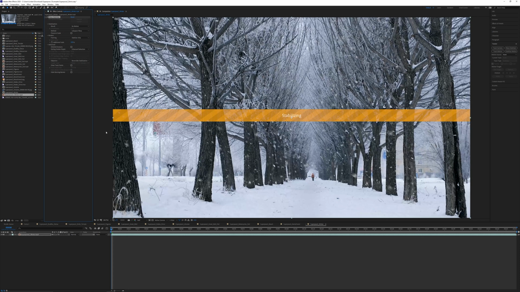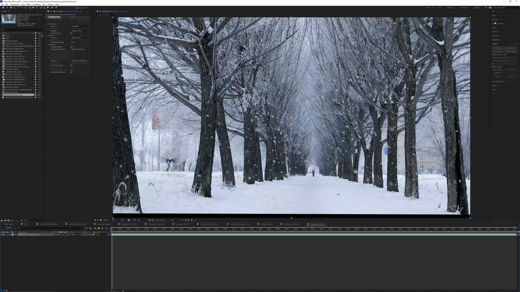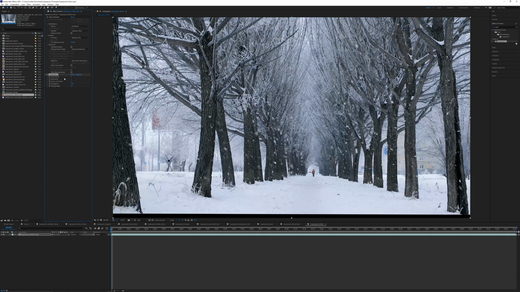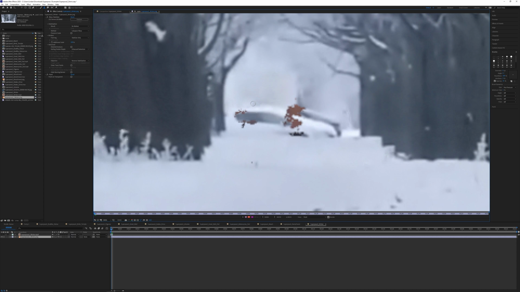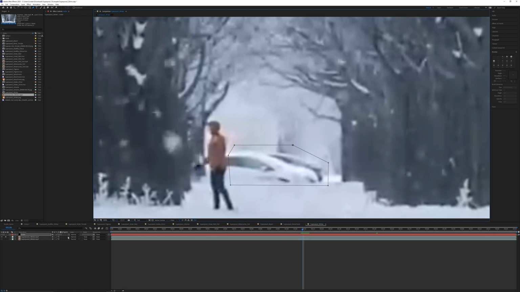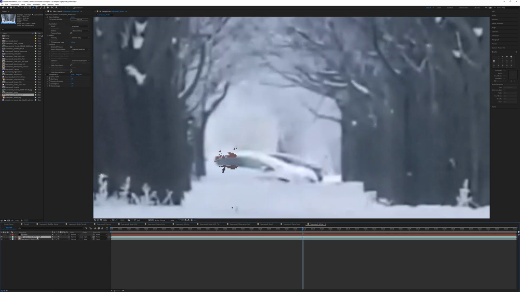And with a long shot, you don't necessarily need to let it analyze the entire length. As long as every pixel of the background is unobscured at some point within the range that you've set, then you're good. So we can do something like 175 frames and we can still get a good result. So the guy in the background has a few leftover pixels, so you could paint them out with the clone stamp either in After Effects or in Photoshop, or you could just take a different section of the video and then comp it over the top.